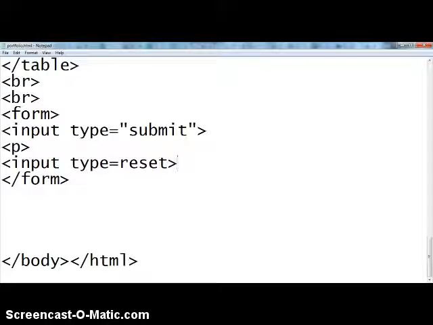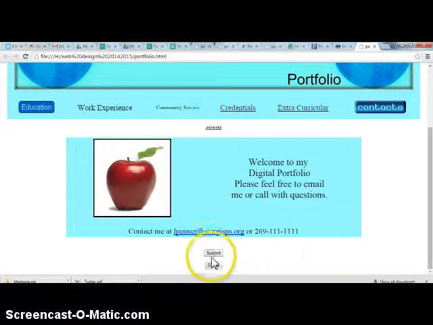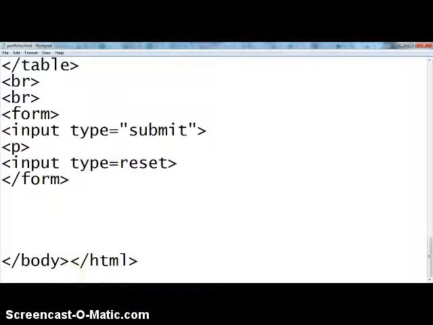Okay, so what you should have when you look at it is a little button that says submit and a little button that says reset. Do you have that? So look and see if you have those too. Okay, so the one thing I'll have you change here though is let's give it a value. So after the quote and after submit, let's do value equal